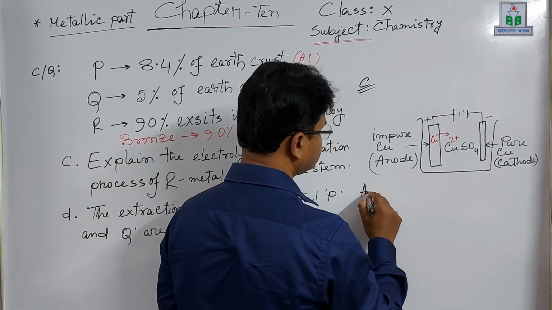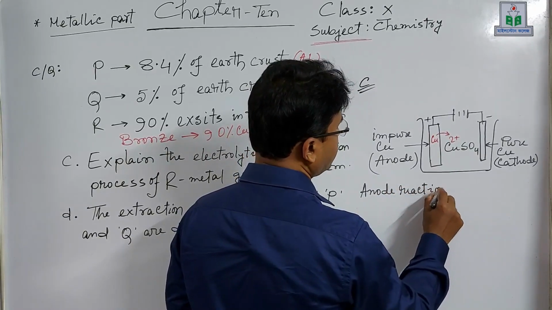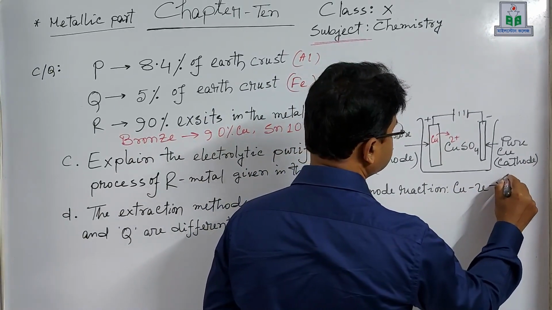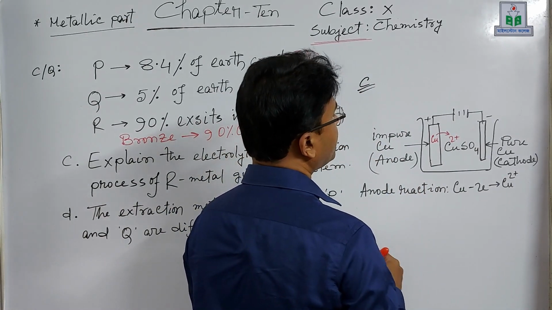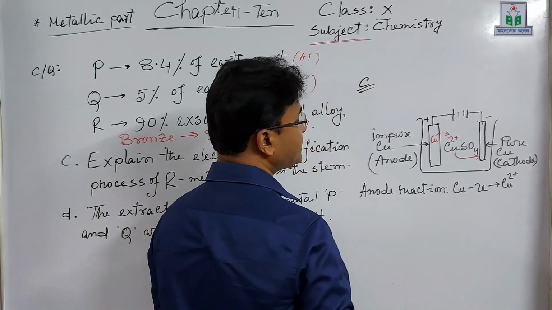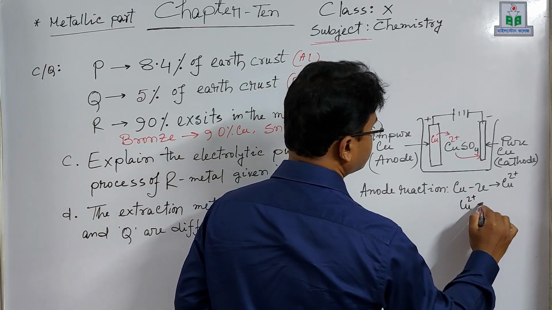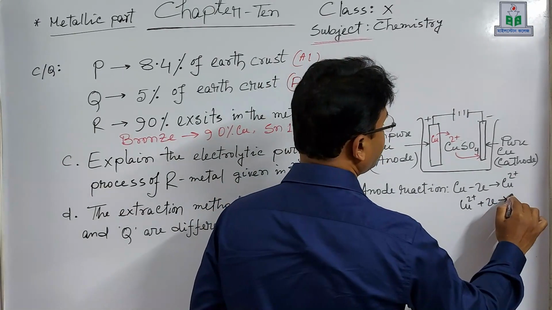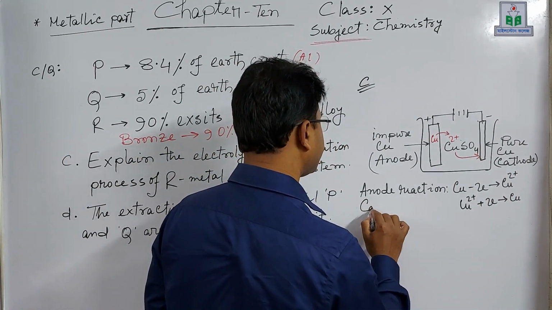So, anode reaction: copper releases 2 electrons to form copper 2 plus ion, and then this copper 2 plus ion goes to the cathode and accepts 2 electrons to form copper metal on the surface of the cathode. This is the cathode reaction,